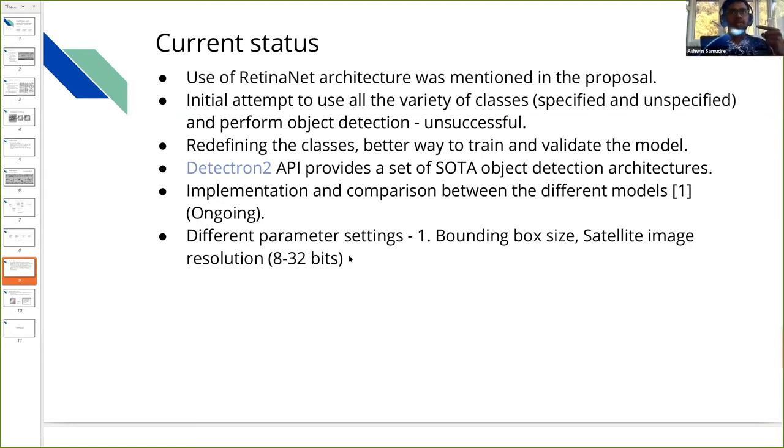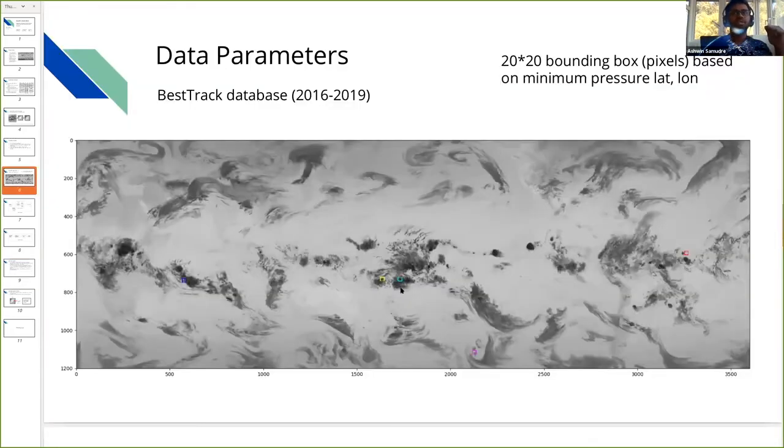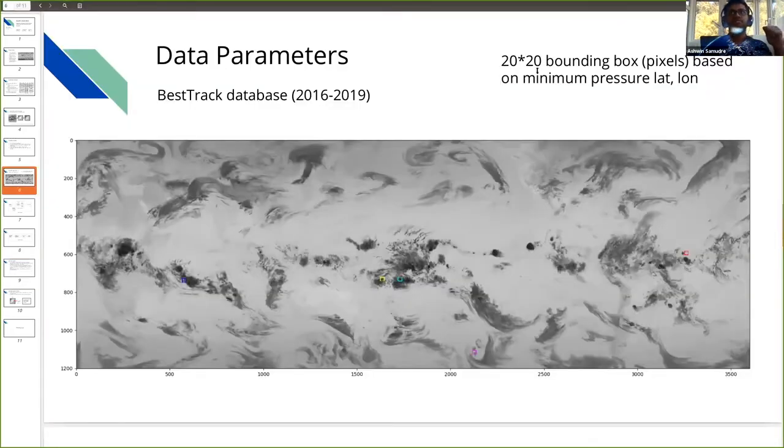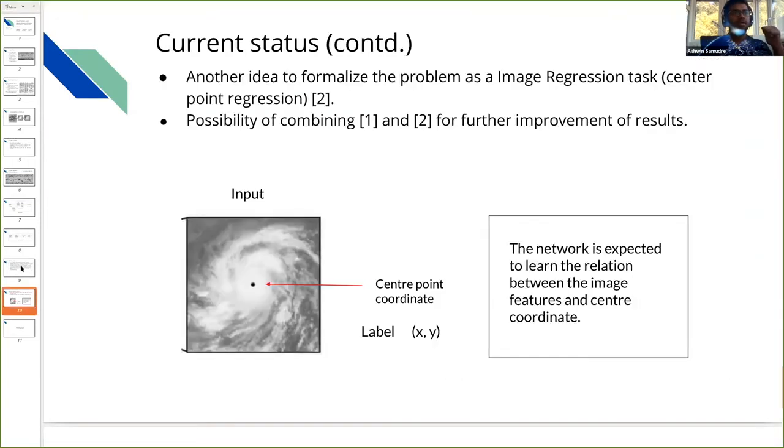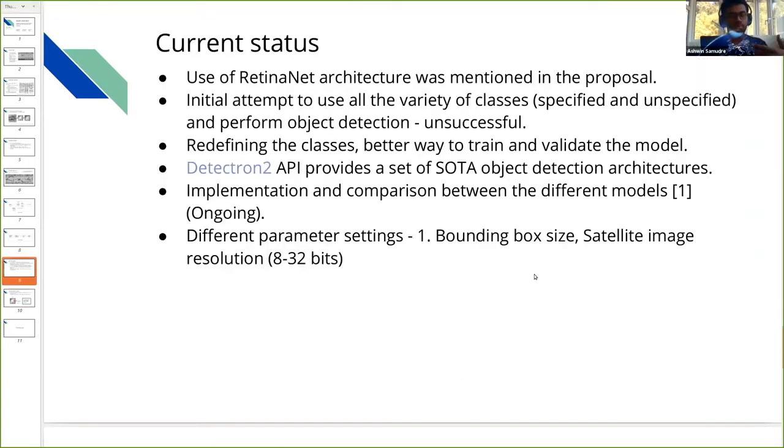There's also the idea of trying different parameter settings. Like I mentioned, we are using bounding boxes of 20 cross 20, but we are open to changing the bounding box size and seeing the results. Also, the satellite images that we're using are mainly 8 bit per pixel.